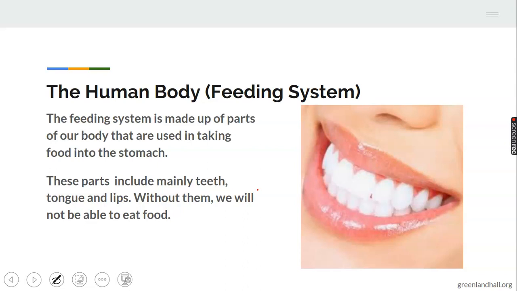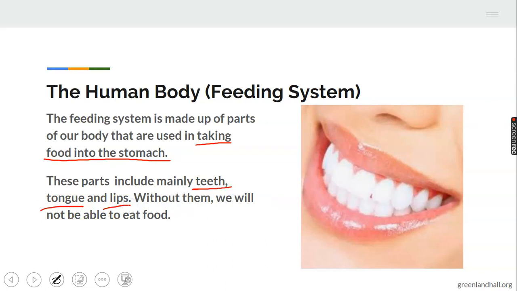The human body, feeding system. What is the feeding system? The feeding system is made up of parts of our body that are used in taking food into the stomach. All the parts that are used in taking food into the stomach are the feeding system. And these parts include mainly, we are looking at the major ones, which are the teeth, the tongue, and the